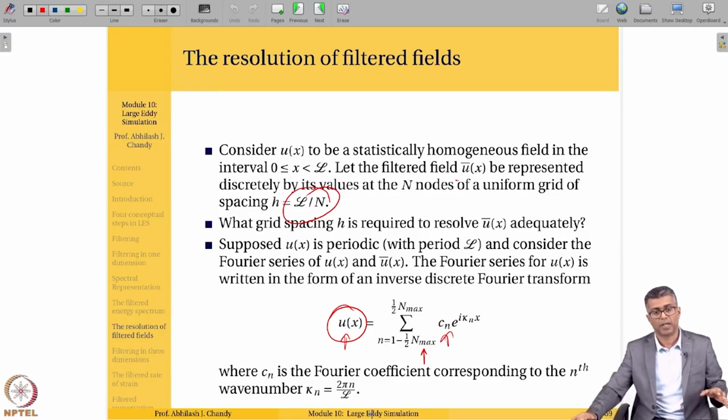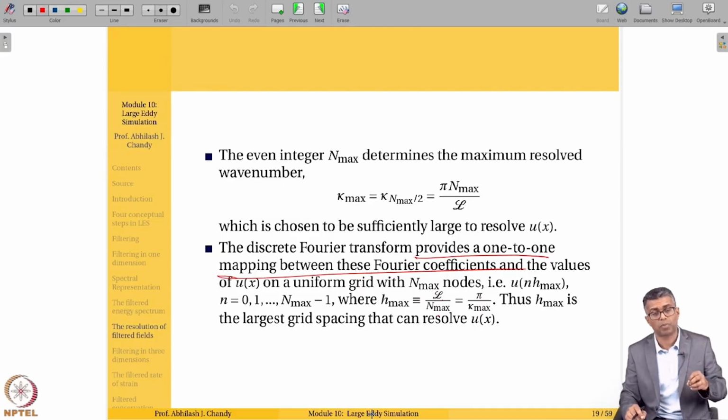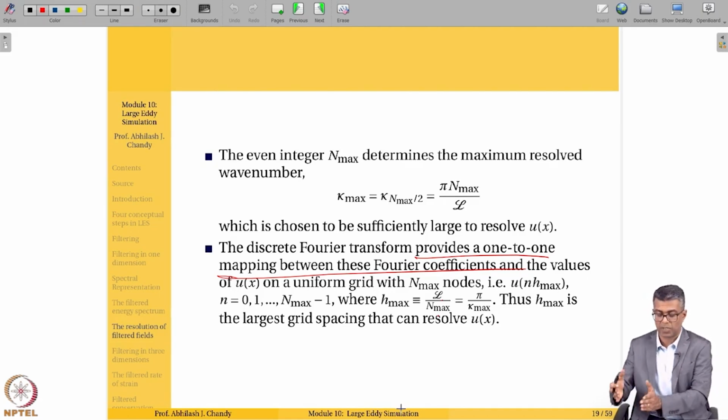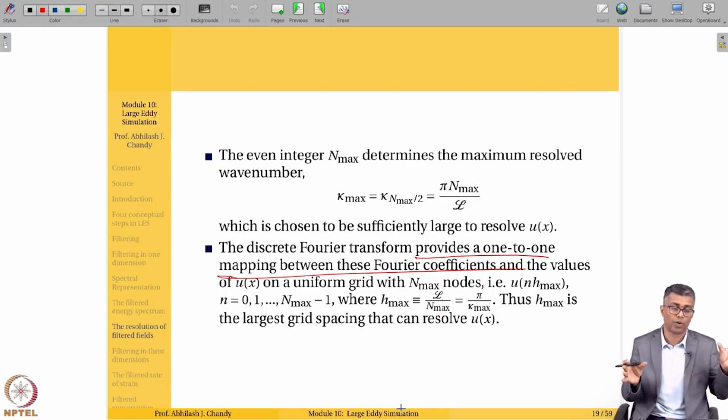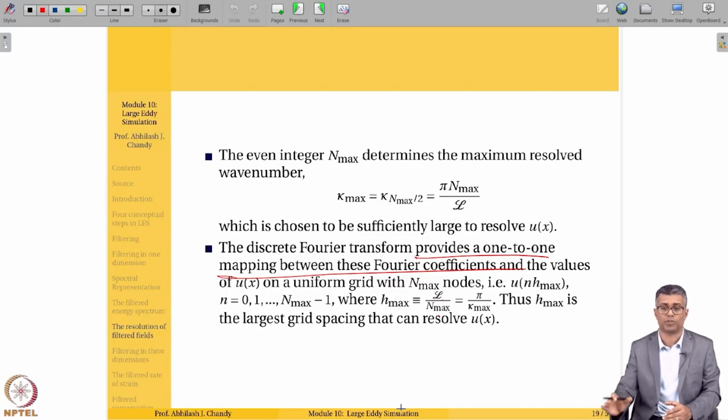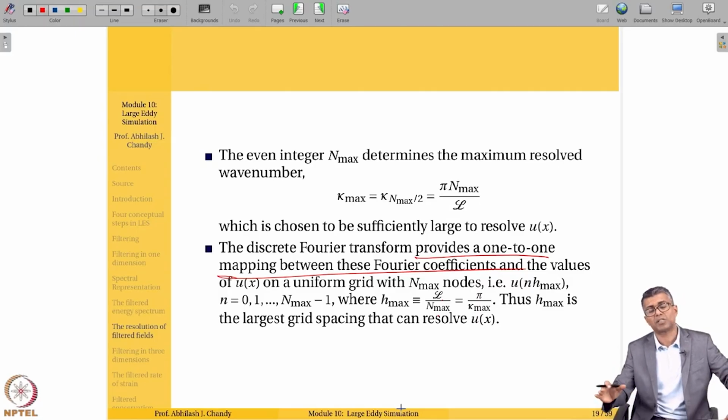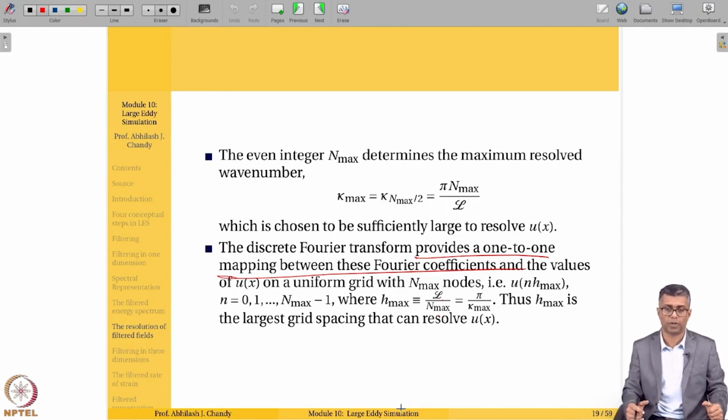Now the same thing, if I were to calculate the maximum resolved wave number, kappa max, would be kappa corresponding to n max over 2, right? Which is basically the maximum number of grid points, but the wave number is half of that, remember, because you're going from negative to positive, isn't it? So kappa max would be pi n max over L, which is obviously sufficiently large to fully resolve U of X. So that kappa max is the maximum resolved wave number, and the grid size corresponding to it is h max, which is basically L over n max, total box size divided by total number of grid points,